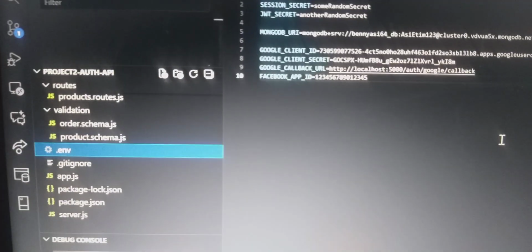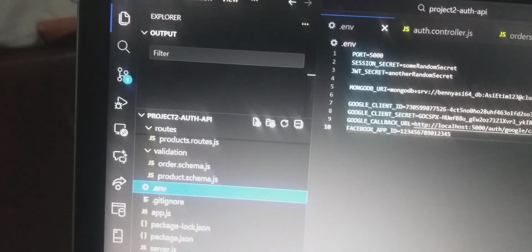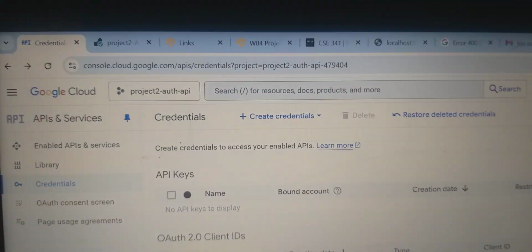Before you deploy it to your Render, you have to first of all deploy it to your GitHub. From the GitHub, you then deploy it to the Render. But before the Render, I have to tell you how I got my